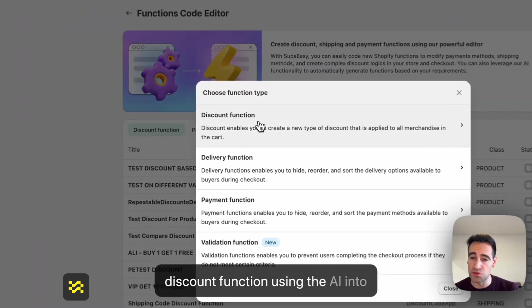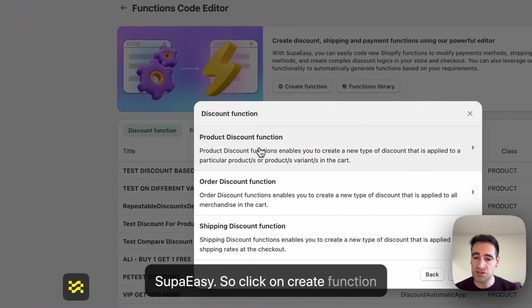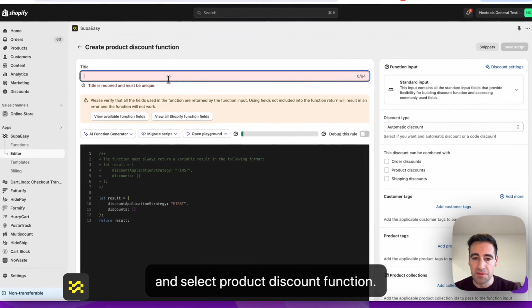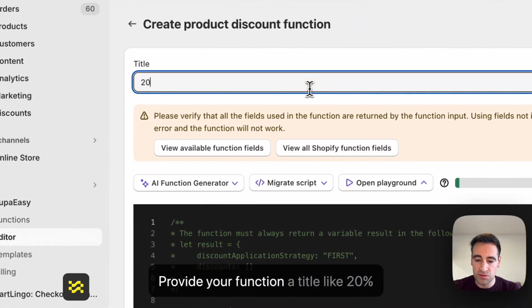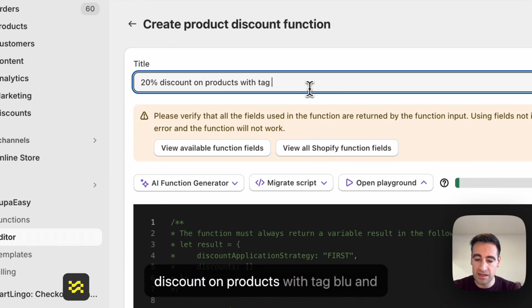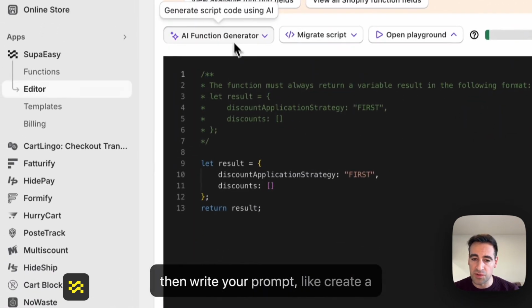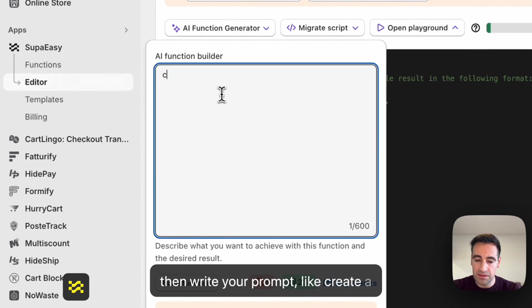I'm going to show you how to create a simple discount function using the AI in SupaEasy. So click on Create Function and select Product Discount Function. Provide your function a title like 20% discount on products with tag blue, and then write your prompt like create